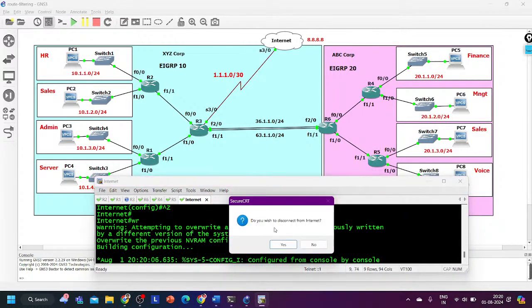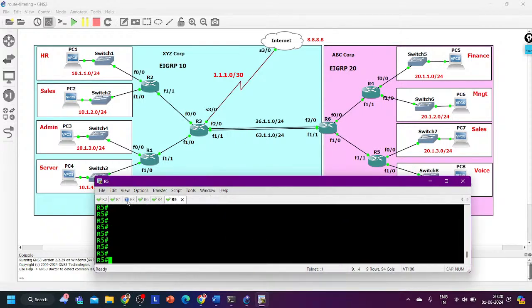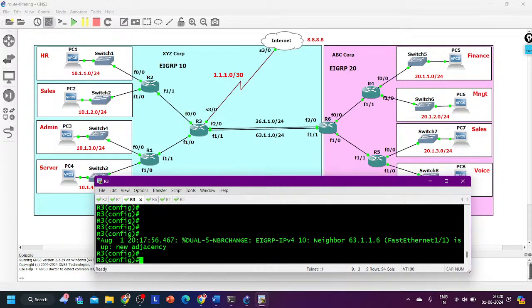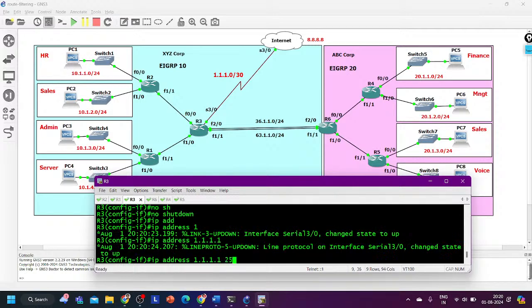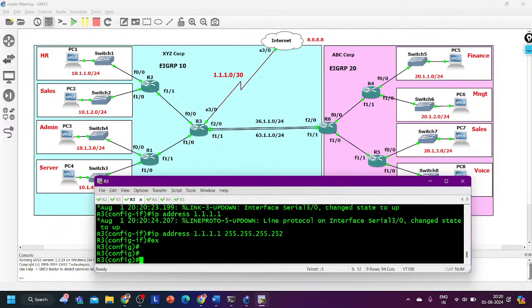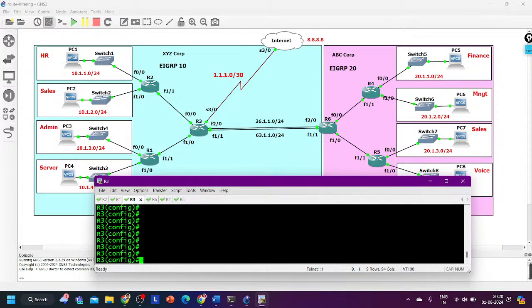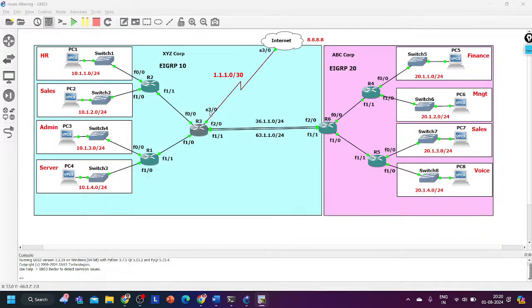Let me remove the console of the internet router because I will not configure anything else on it. Now on router number 3, interface serial 3/0, which is connected with the internet, say no shut, and here the IP address. What will be the IP? 1.1.1.1. Subnet mask 255.255.255.252. Done. Now to configure NAT, see,